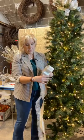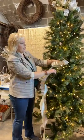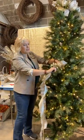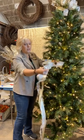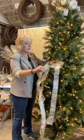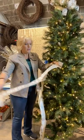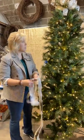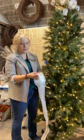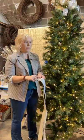So the thing about a Christmas tree is if you're trying to wire it in and put it anywhere in the tree and secure it, you're going to wire it down onto the branch, and a whole bunch of that ribbon just gets sucked into your tree. And look how much you'd waste by trying to create that troublesome center loop and making so many loops. You don't really need that much ribbon. You only need a little bit just to get that look of loops in the tree. So to make it easier, I skipped the center loop idea,